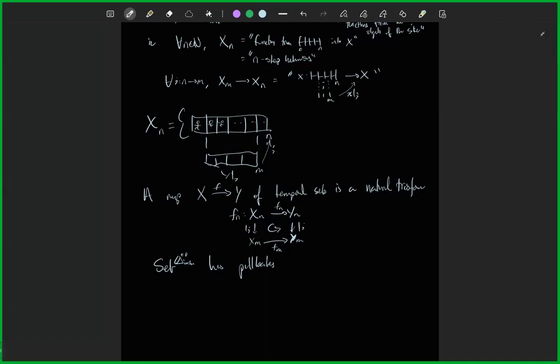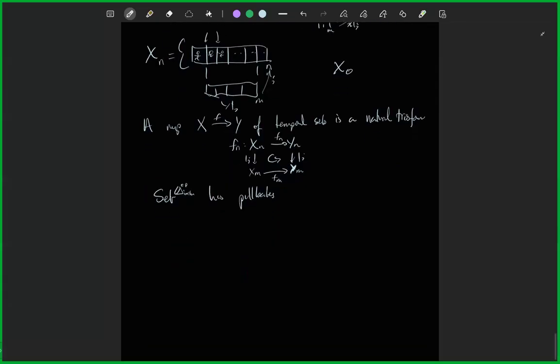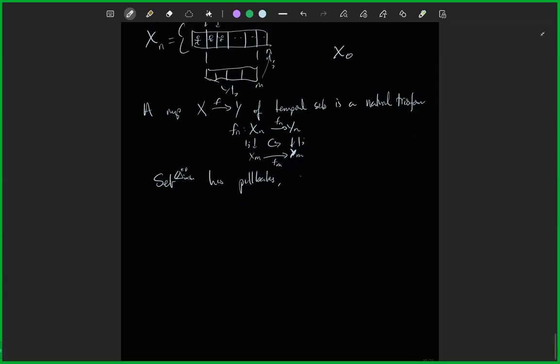I should note that we also, by the way, have x0 here, which can have data, right? So if you think about it, these frames have to line up in x0. Okay, so it has pullbacks. So we get a behavioral